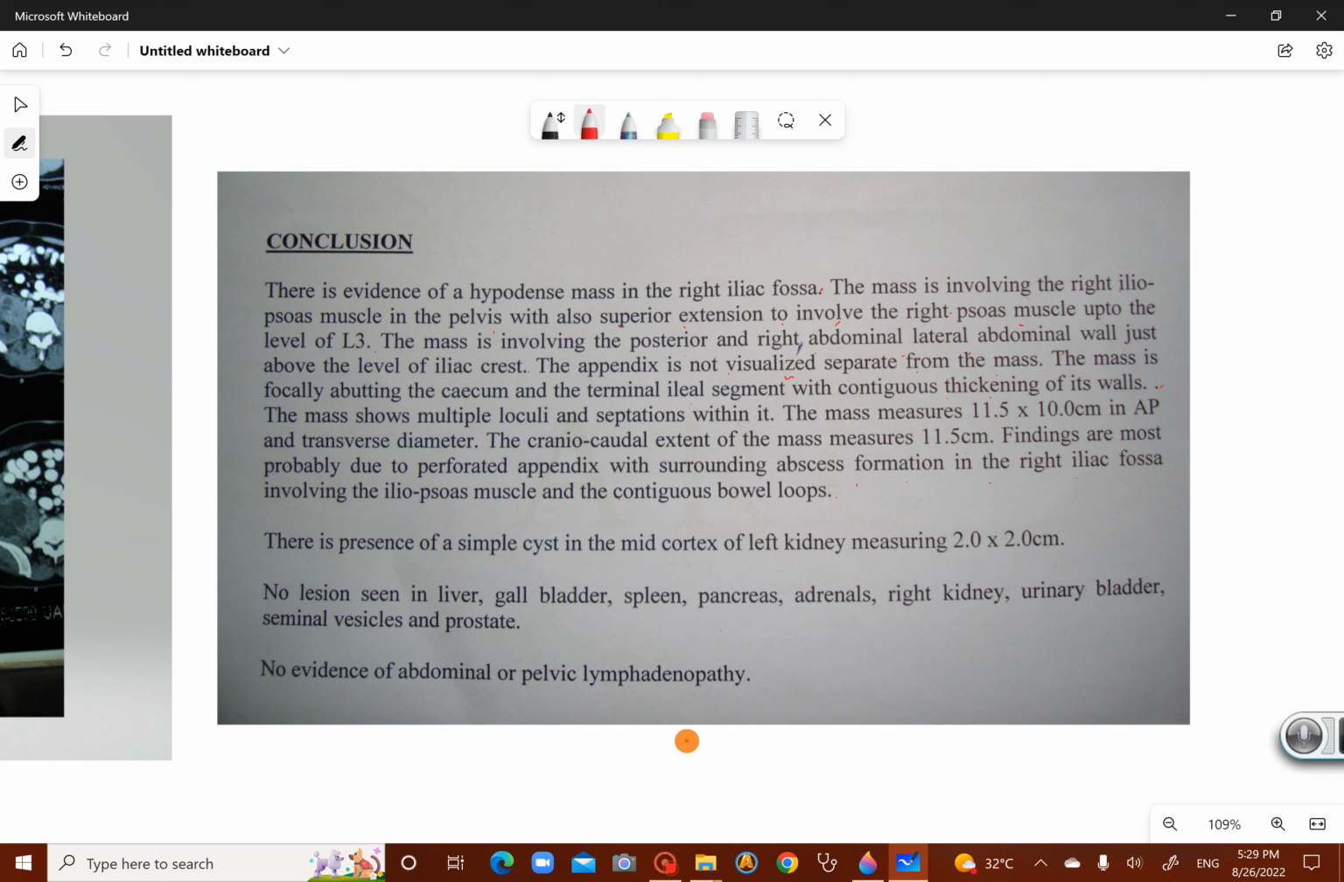There is a presence of a simple cyst in the mid-cortex of the left kidney, measuring 2 by 2 centimeters. This was an incidental finding, and no lesion seen in the liver, gallbladder, spleen, pancreas, adrenals, right kidney, urinary bladder, seminal vesicles, and prostate. There was no evidence of abdominal or pelvic lymphadenopathy. This patient was operated, and a very large abscess cavity, which was retrocaecal, was drained. So this is a